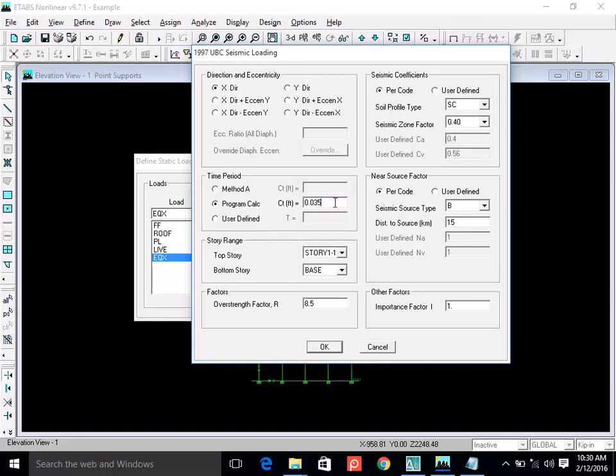This is time period. Okay, then this is story range, which means that from which story to which story you want to apply the earthquake. Of course we want to apply the earthquake from the base to the last story. This is our last story. So from the base to the last story, we want all the structure, all the stories, to be applied with the earthquake. Then the next factor is overstrength factor,